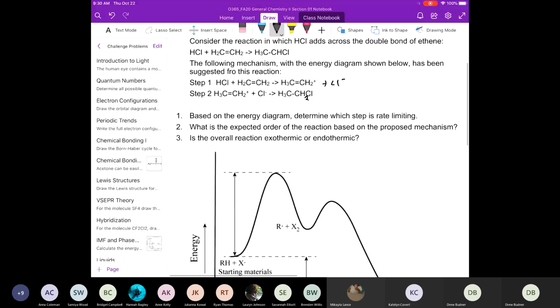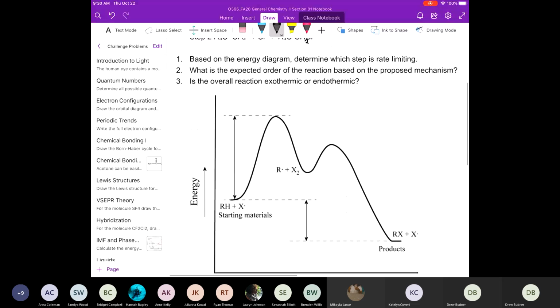So if we graph this in terms of energy, we've seen those before. We typically don't look at them in terms of 2 steps, right? We have this energy diagram where we have the energy of the starting material and the energy of the products, right? The reactants to the products, right? And we can go through, in this case, 2 steps. Right? If this is a proposed mechanism as a 2-step, we would see a 2-step energy diagram. Right? And we've already defined some of these processes, like the difference between the energy of the starting material, the reactants